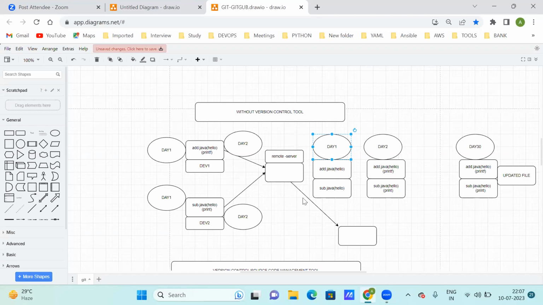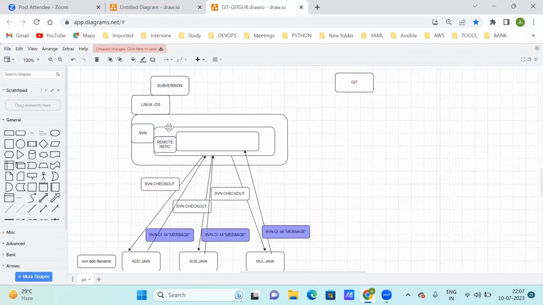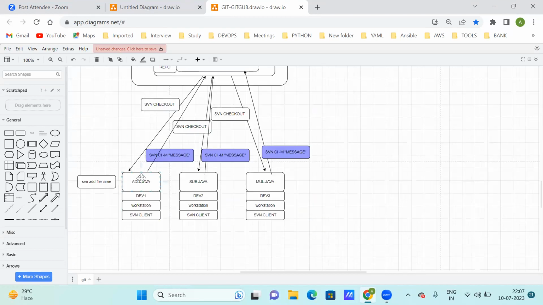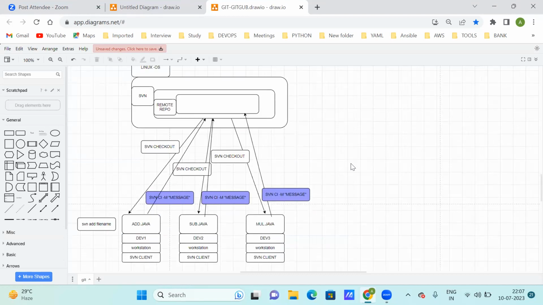Tomorrow, if it is deleted from your local system, it is still present here, saved, so you can bring it back. Correct? So clear up to this? Yes. So that means here you have add.java. It will not store like that, I'll tell you how it stores. Then your shop.java, then your